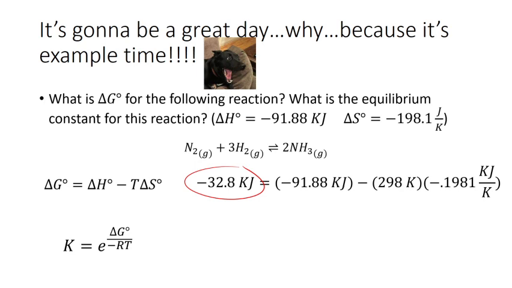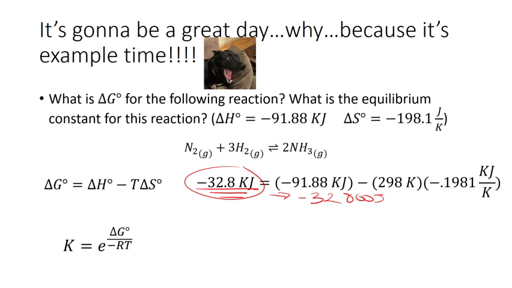And so thinking about the units here, the fact that I just said a moment ago that the units of R are joules per mole Kelvin, I think you know what's coming next. We are going to convert this number from kilojoules to joules, which just a standard metric conversion will give us, negative 32,800 joules,